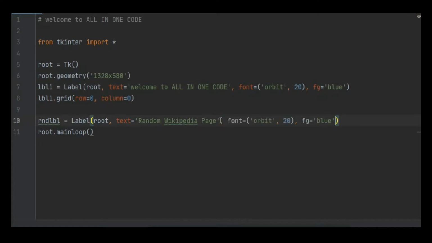I'm going to change this into 10, and this 20 is good. I'm going to change this into purple, and this is good.